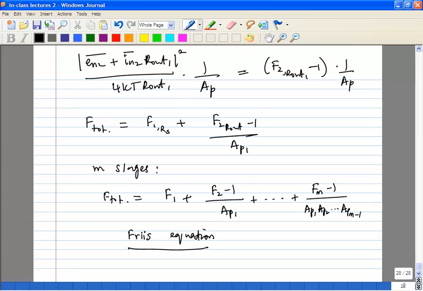Earlier we saw the IIP3 of cascaded stages, where the IIP3 keeps getting worse as you keep going down the receiver chain. So this is a fundamental trade-off in receivers: as you go down the receiver chain, the linearity of the subsequent stages matters much more than the linearity of the front stage. The noise of the front stages matters a lot more than the noise of the later stages.